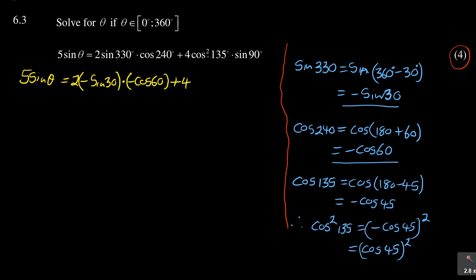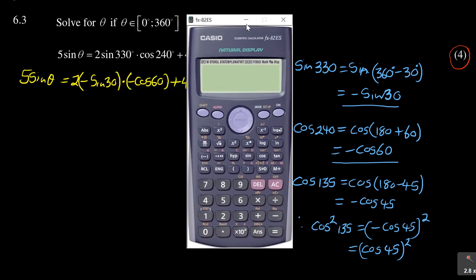Now cos squared 135 reduced to 4 cos 45 squared, times, now sin 90 you just have to use your calculator, and then because 90 is on